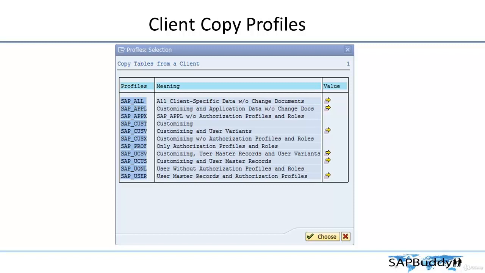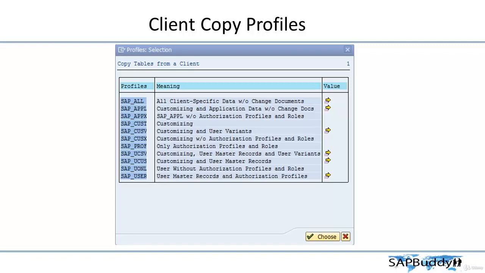Because as we know, when you do any customizing, all your information is going to be saved in the form of table entries. So we are going to copy tables or table entries from one client to another client. So depending on the copy options you select from this particular list, SAP will determine what are all